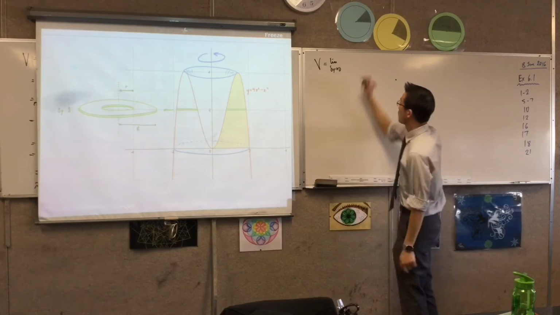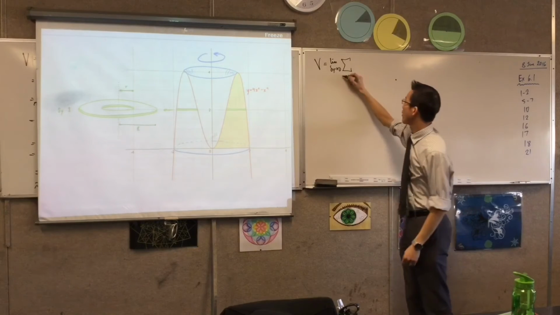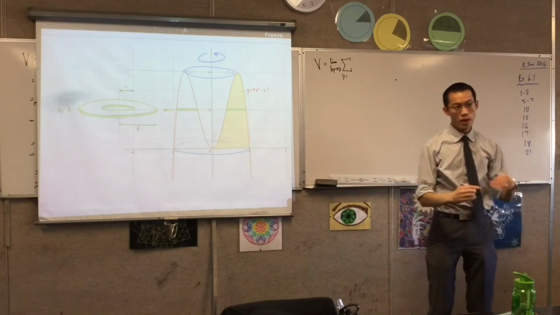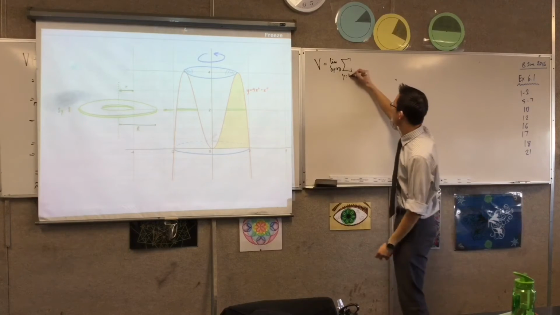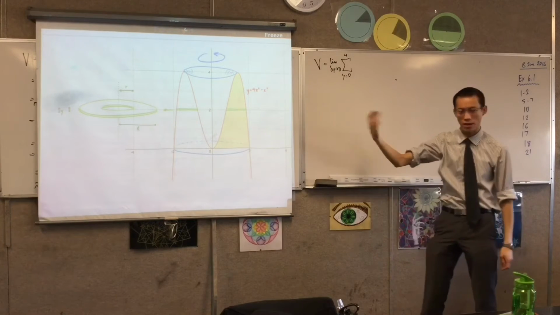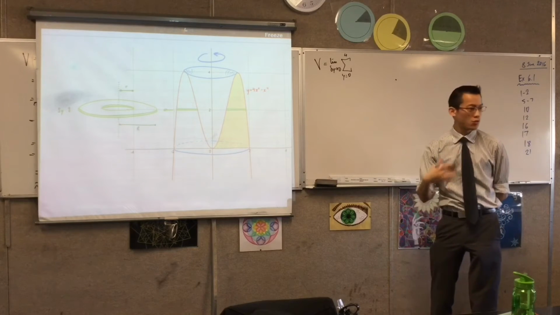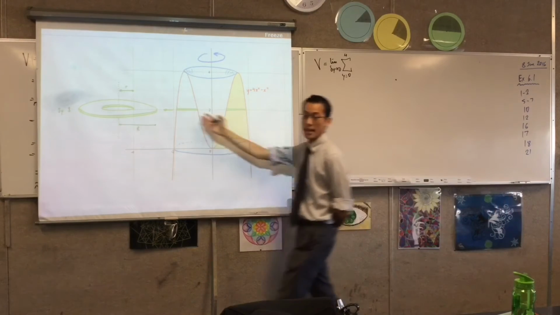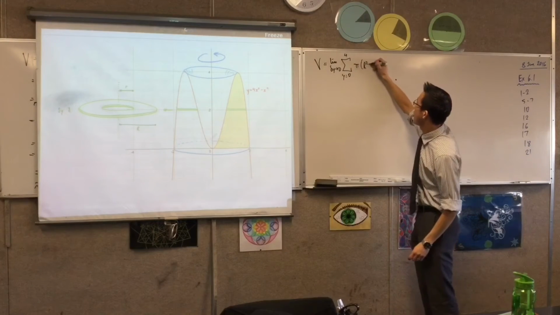I'm adding up a whole bunch of things. Because I'm going up along the y-axis, I'm going to have a y equals something. Where do I go from? Bottom to top. You can actually just read them off, right? 0 to 4, very good. Which of course you'd actually have to go ahead and work out, but you can see it for now. And then I'm just going to write, you can see, I'm going to get an annulus every time I slice across, right? So here is my annulus